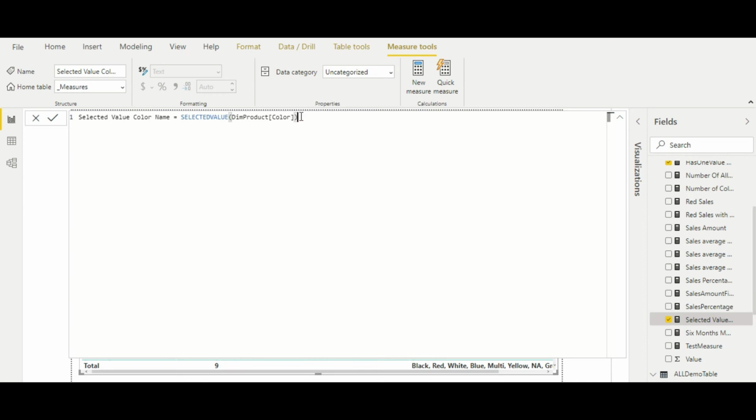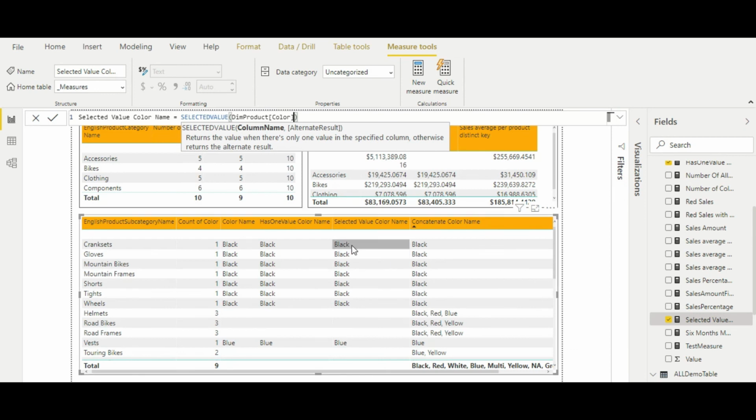If I am not passing anything, then it returns blank. Otherwise you can pass any other value also. In my case I am not passing any value, so by default it returns blank, right? As you can see, if the value is single, it returns that single value, otherwise it returns blank. So all these three have the same behavior, right? I just wanted to show you this has one value and selected value function.